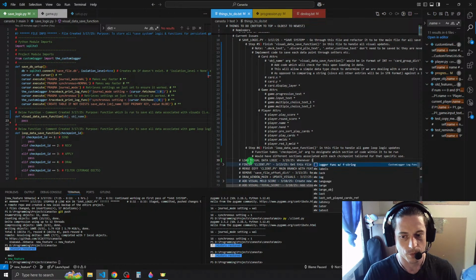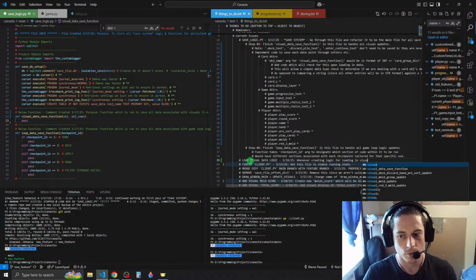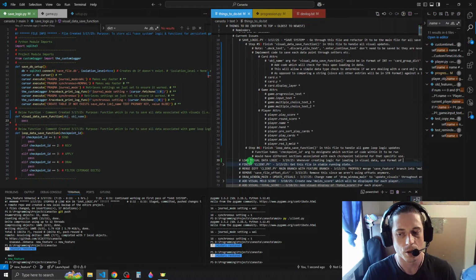Whenever creating logic for loading in visual data, use format of